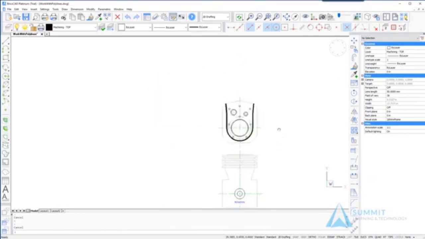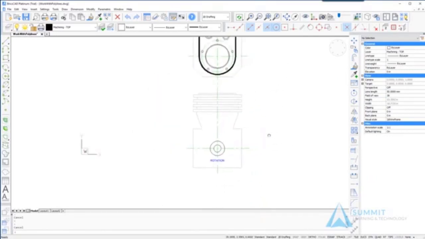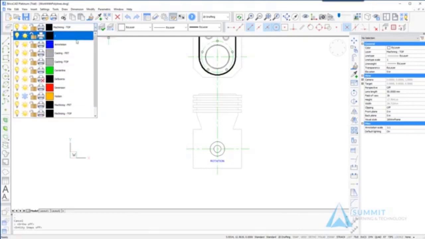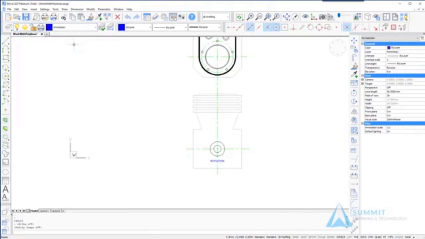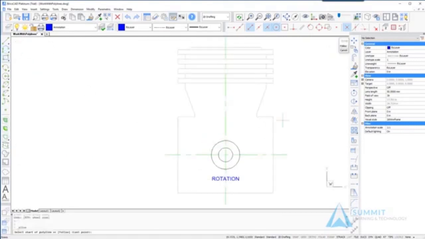Okay, moving on, we're going to move to the lower view here, the side view of this component, and we're going to use the polyline command again. This time I'm going to turn off ortho and entity snaps, and then let's go ahead and change the layer to annotation. Okay, let's begin by starting with the polyline command,